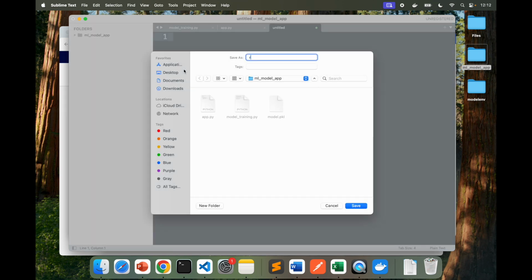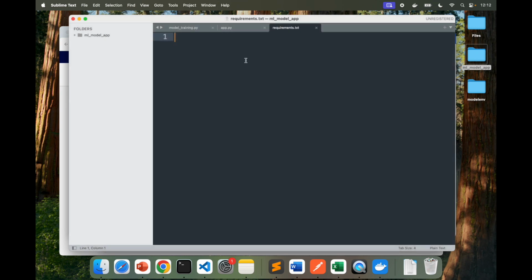I'm going to save it as requirements.txt. If you are familiar with it, you already know what I'm doing. Flask equal to, I'll have to give a version of Flask, so I'll be using the latest one at this point, 3.0.3. I'll say that I want joblib equal to 1.4.2, and scikit-learn that works with these is 1.5.2. So these are the ones that will work for me. Now these are the dependencies for the project, which are used by Docker. So we'll be creating this.